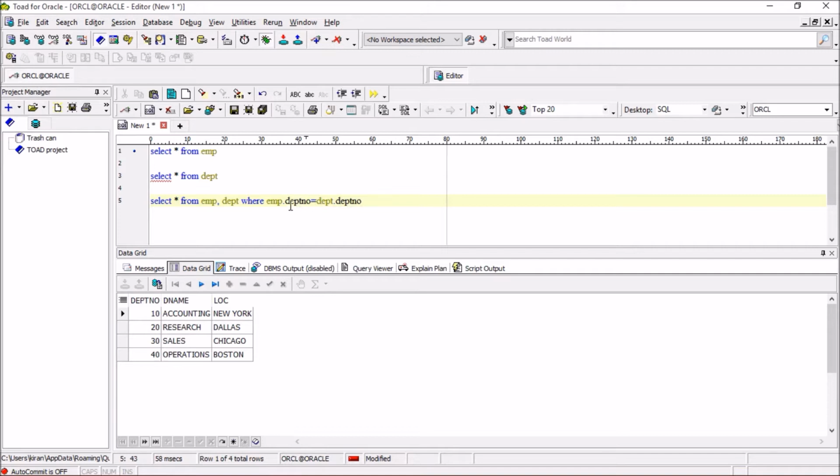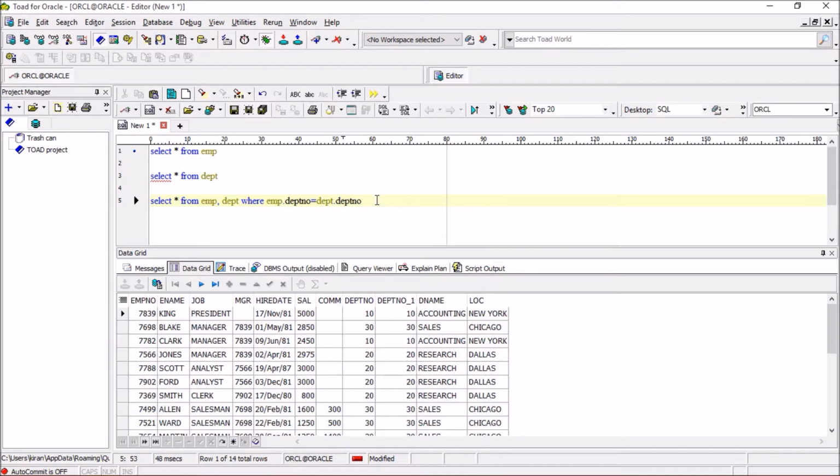So we are using a prefix to tell that this deptno column is from the emp table and this deptno column is from the dept table. Up to this column, it is the emp table, and after this is the dept table. This is called equijoin or inner join.